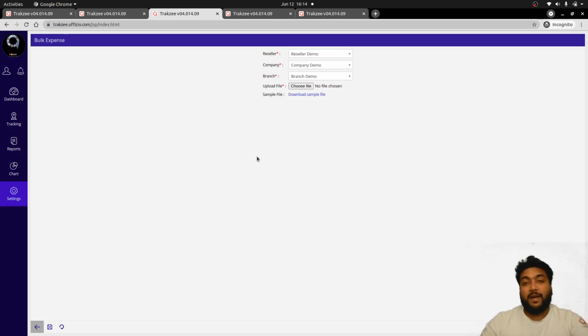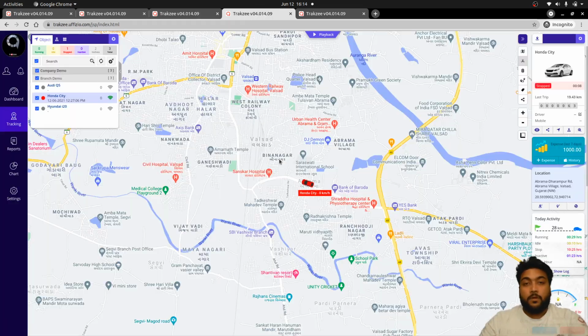So after adding the expense of the object, you need to find the information in the software. So let's check that option that is available on the tracking screen tooltip as well. So here on the tracking screen, you need to select the object, and based on the selected object, the widget needs to be enabled from the setting, and based on that expense widget, you will get the 7 days expense information on the screen, that is summarized information.